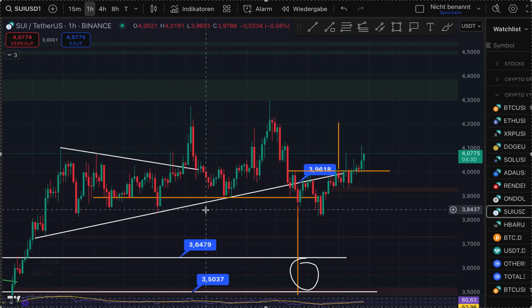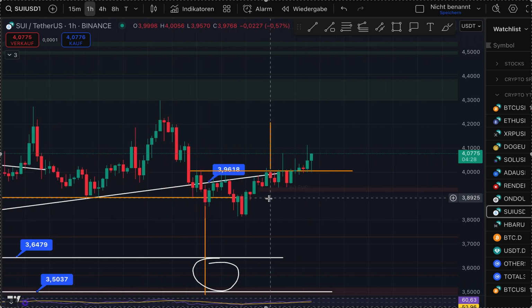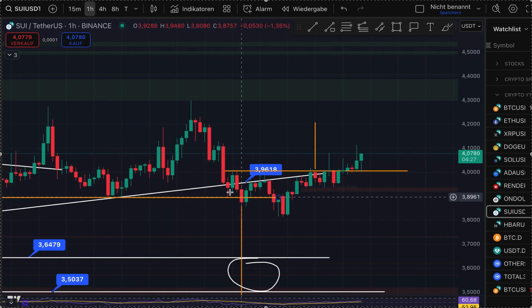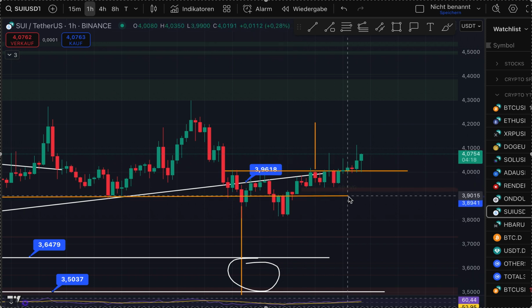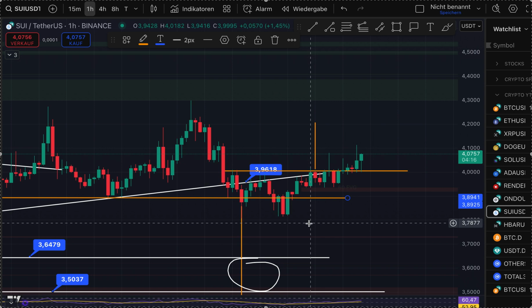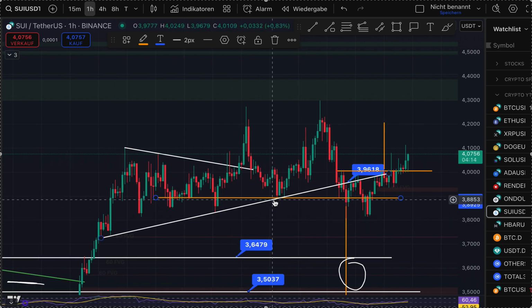So we have set here the white trend line, which is very interesting because it has many touch points. It broke to the downside, it got the retest and a follow through. And we also broke the orange trend line to the downside. But also here, we have said this trend line can even move to the downside, because